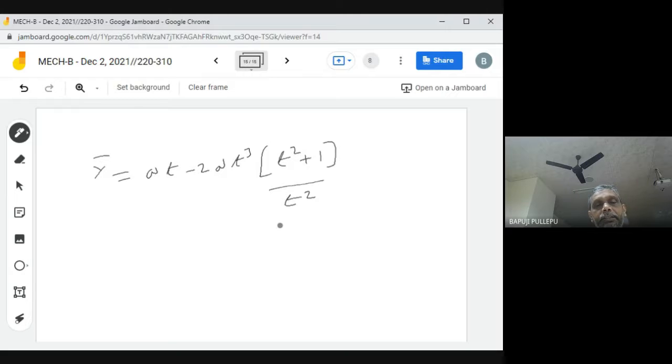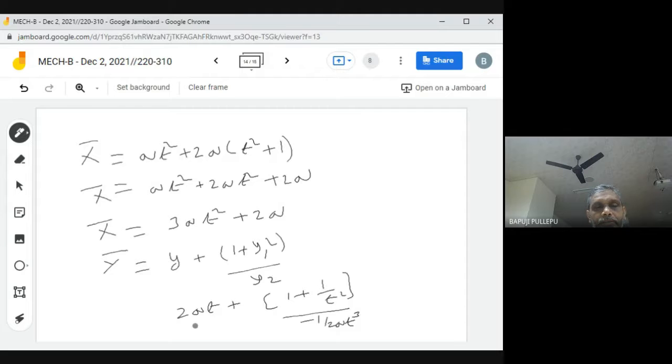Clear? Then this t cube cancels. Yes, t cube I have written here. But t square and t cube cancel. T square plus 1 by t cube. This is minus 1 by t a t cube. This I will cancel actually. Correct? Any problem? I think I made a mistake. Check. Correct only. Wrong, I think so. Wait.